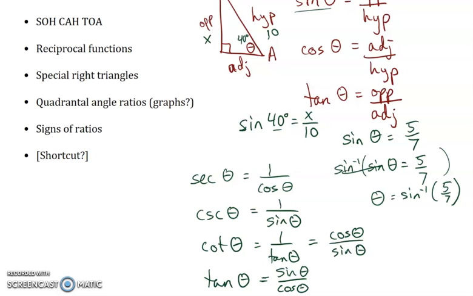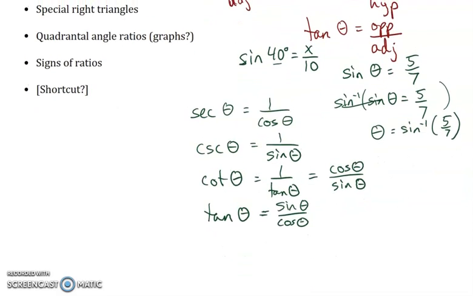Okay, and then for our special right triangles, there are 2 of them that we need to know. One of them is the 30, 60, 90. And then the ratios of the 3 side lengths here are 1 to root 3 to 2. Okay. Something to clarify, because of the way that I saw this on the Trig 101 quiz that you took today,